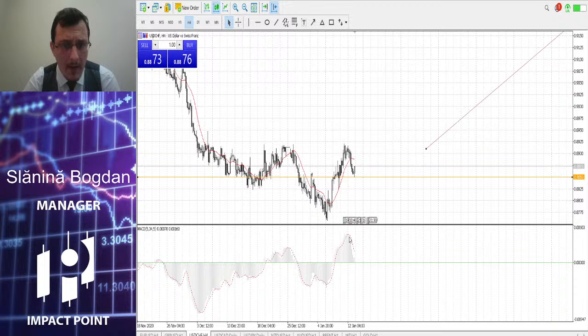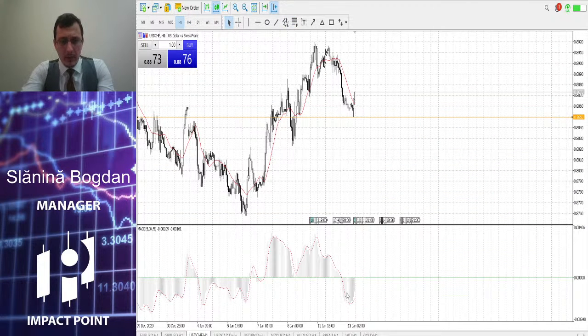But here we have some uncertainty on the MACD, though it's not a real big problem, because in H1 we see a buy opportunity until here, which is a good one. Again, we can have a stop loss here, and our TP will be at this level. But let's see how it will work. Again, we want to trade with confirmations and good patterns to have a high probability chance.